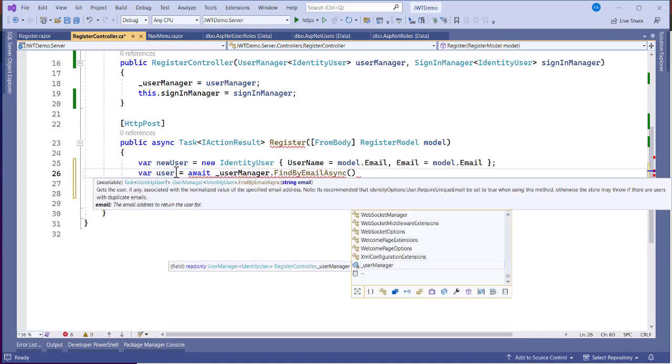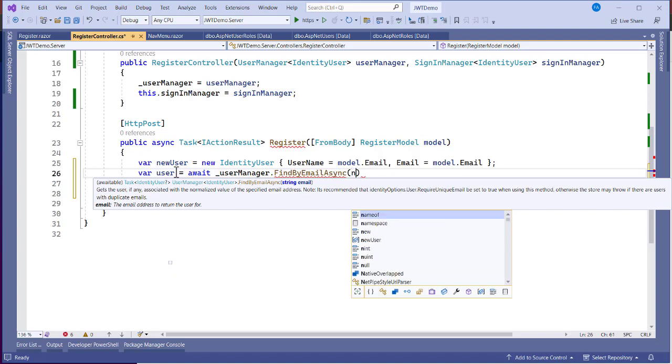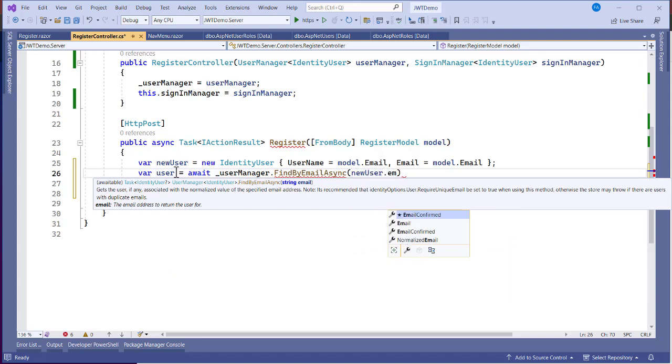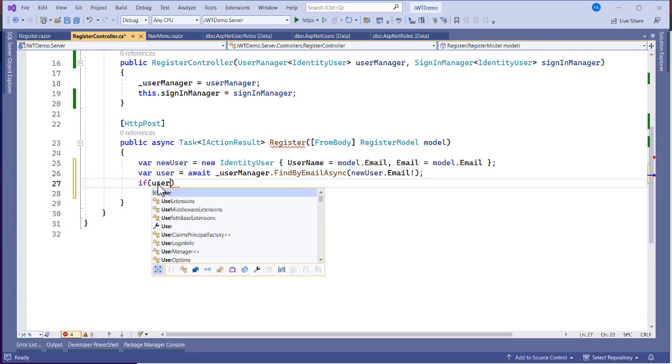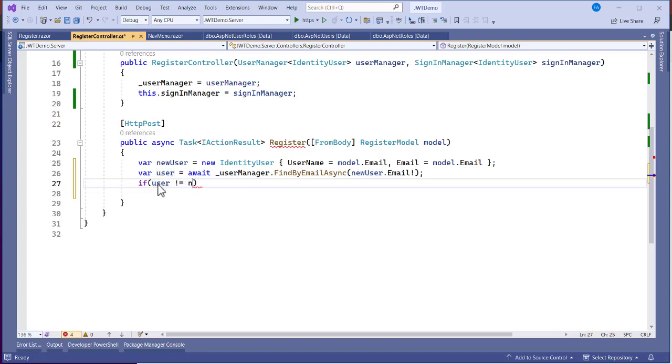So here I want to find email. We're going to provide this with newUser.Email. So here we are finding the email from the registration table. With the email, we want to check if this user is not equal to